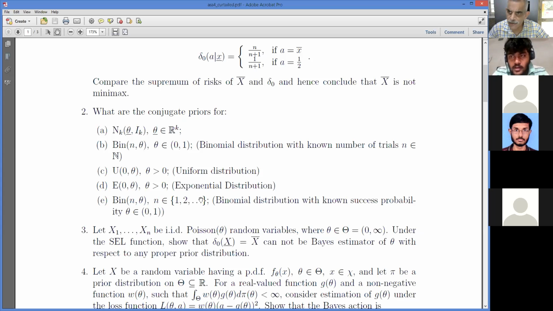So that is why the prior which you will take is a constant times e to the power minus lambda, lambda to the power n by factorial n. The prior which you will take for n is e to the power minus lambda, lambda to the power k by factorial k.